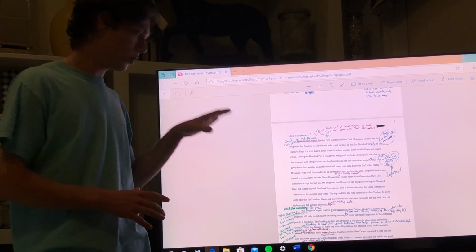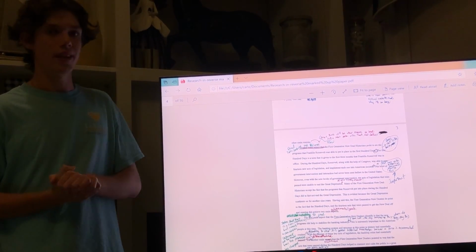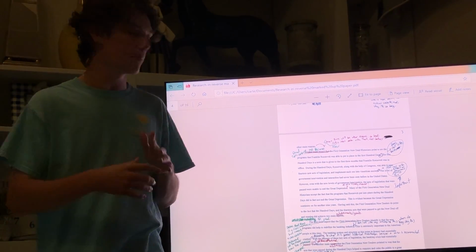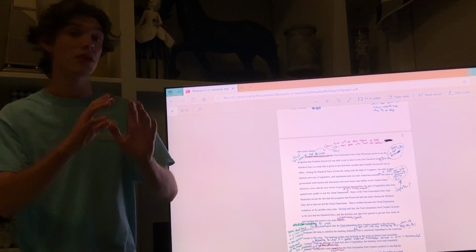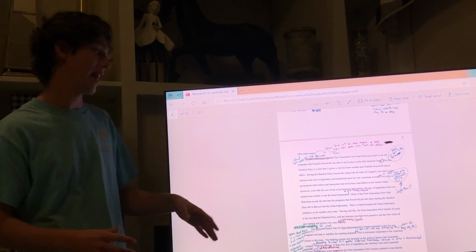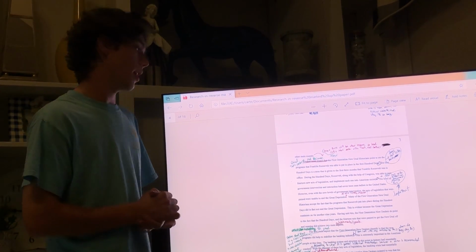But if you were to read this paper and had no understanding of history at all, you would completely miss that and would seem to think that these 100 days and this legislation that was passed so quickly would have happened at the very beginning of the Depression. And this was